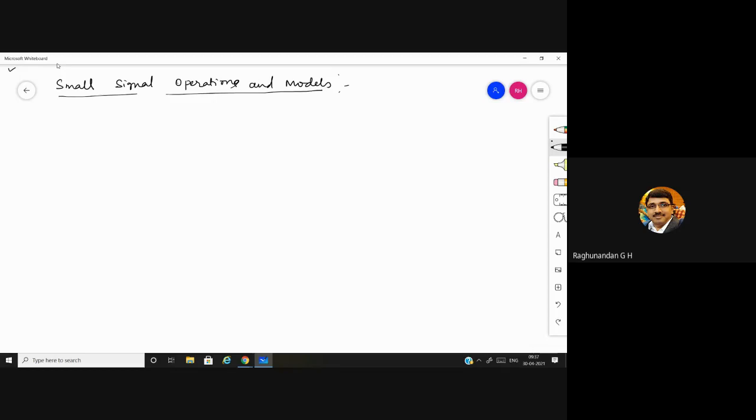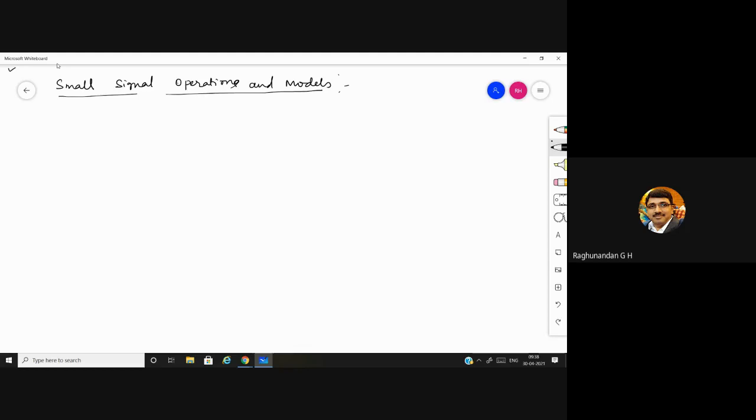out the different currents which are going to flow in the amplifier circuit of BJT. So until the previous part, whatever we have discussed, we were discussing about the DC current and we were doing DC analysis. But in small signal operations and models, we are going to consider even the AC signal and how, when an AC signal is given, the transistor is going to behave and what will be the total instantaneous current.